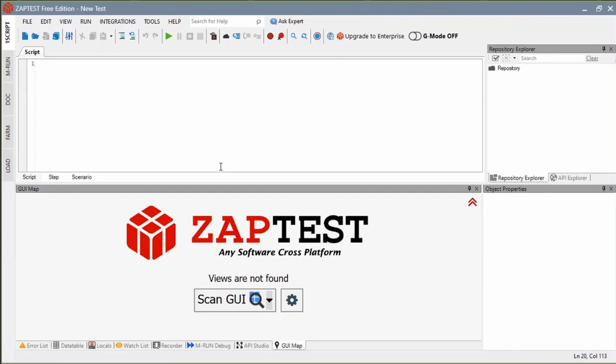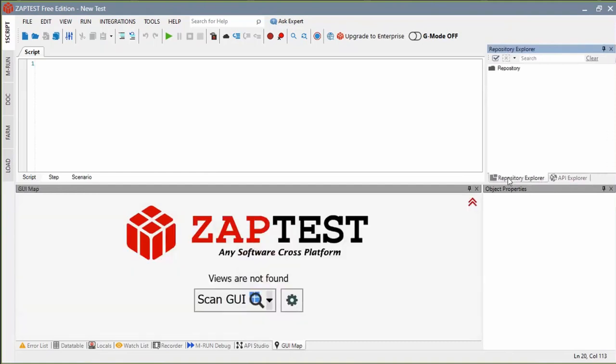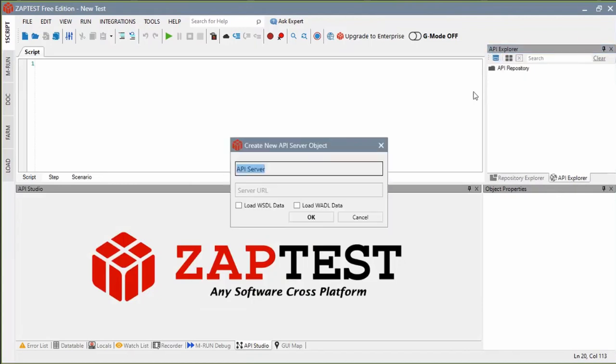Work with API. We start by using the API Explorer. This is collection of API-related objects, opposite to the Repository Explorer, which is collection of UI-related objects. In the API Explorer, we start by defining a server object. For this, I need to press this button, specify the server name,